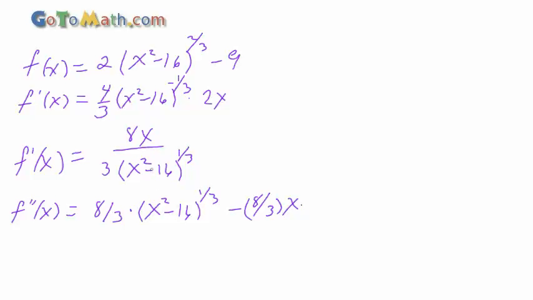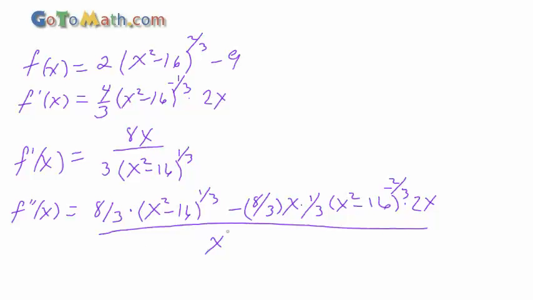And now we take the derivative of the denominator. So that's going to be bringing 1/3 out front. Rewrite everything in parentheses. Subtracting 1 from the numerator, so that gives us negative 2/3. Right, negative 2/3. And then we take the derivative of what's in parentheses and bring it out, so that's just 2x. Right, and then that's going to be all over x squared minus 16 raised to the 2/3. And the reason why it's raised to the 2/3 is because I squared the denominator, right? And basically you're multiplying 2 times 1/3 to give us 2/3 there. Okay,